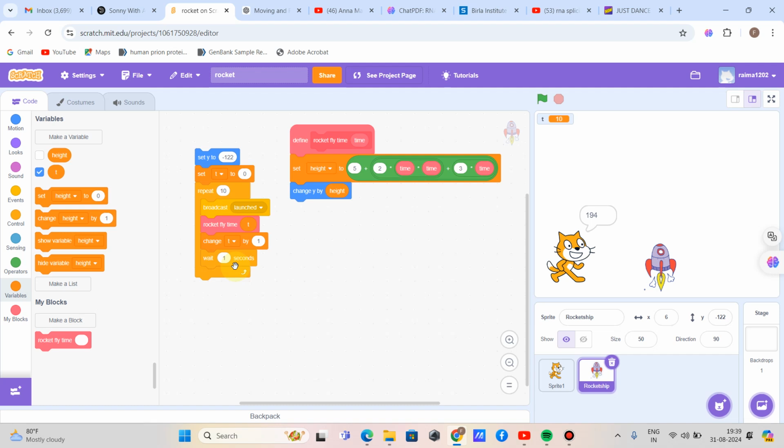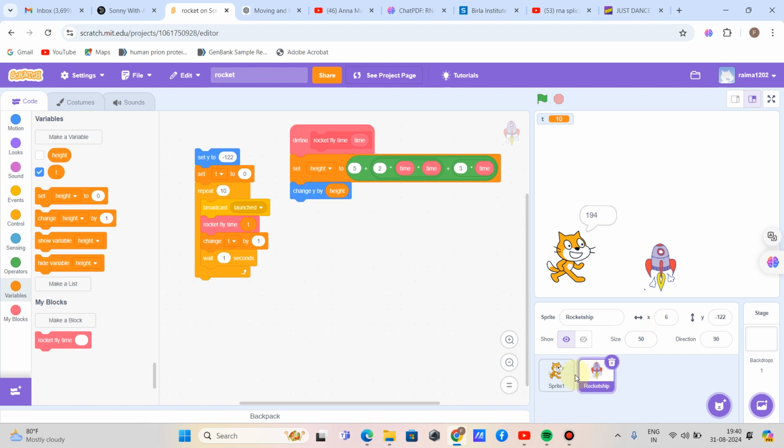So I have used the wait 1 second block, so that the launching of the rocket is a little bit visible to us, because the computer is so fast that we can't read what the cat is telling us. So this ends the rocket's part of the coding.